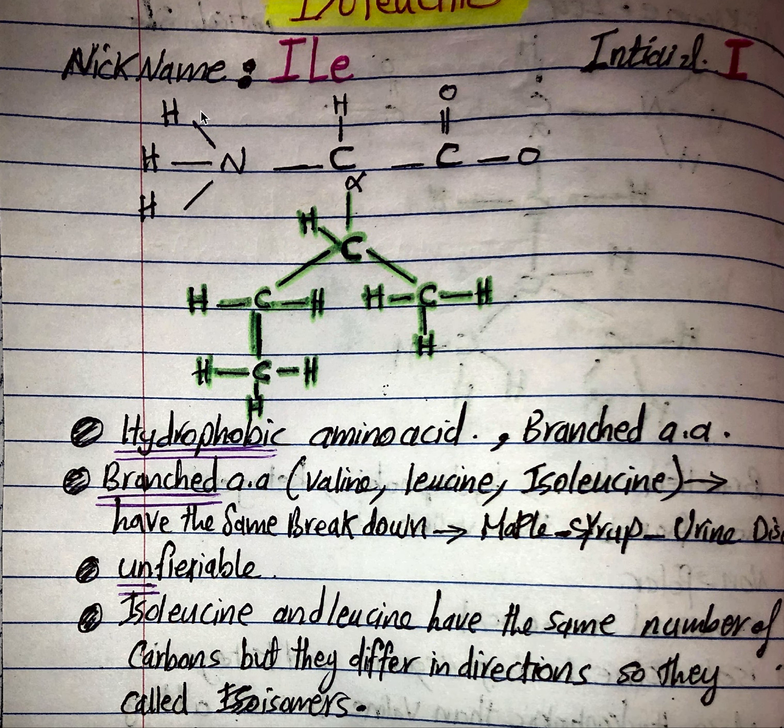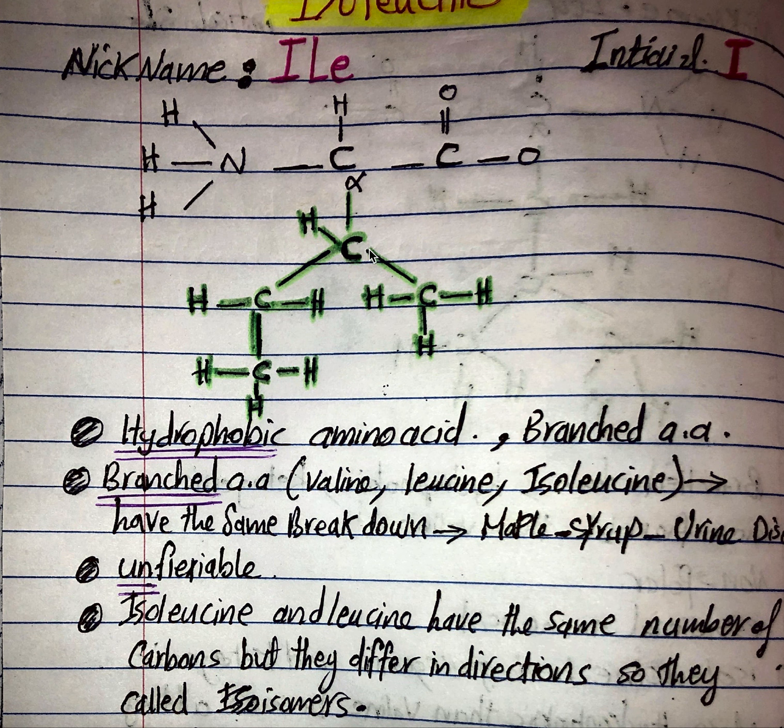For this isoleucine, this is the backbone of any amino acid. This is the carboxylic group, this is the central carbon, and this is the amino group. They are present in every amino acid. But what is so special about isoleucine is its R group. So it contains